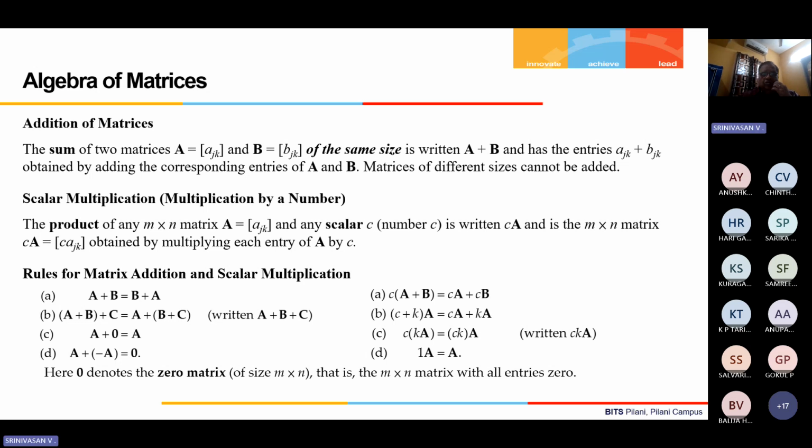Unit matrix. So suppose you take a 2 by 2 matrix. It will be a square matrix. Remember, as I mentioned earlier, special matrices such as zero matrix or null matrix and unit matrix are only square matrices. So what is the unit matrix? What will be its elements? Principal diagonal elements will all be 1 and the remaining elements will all be zeros. You must be knowing capital I is equal to 1, 0, 0, 1. Suppose you have a 3 by 3 matrix, 1, 0, 0, 0, 1, 0,